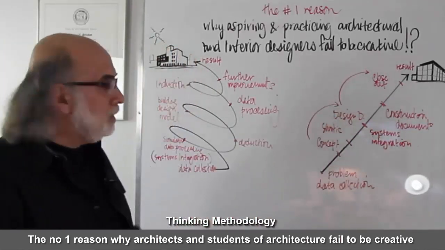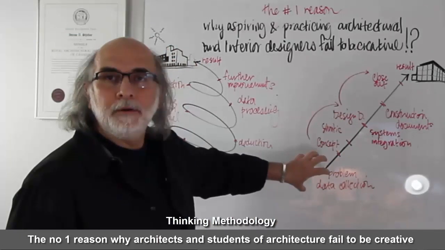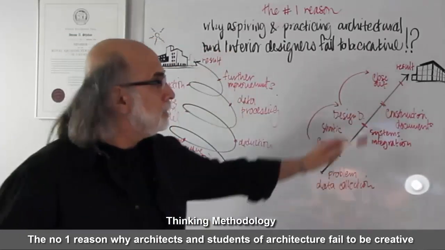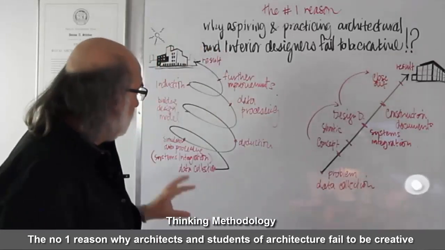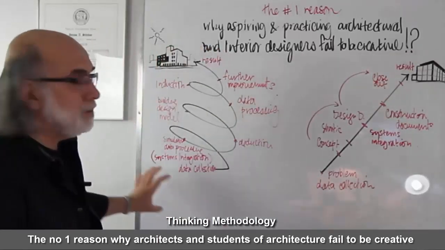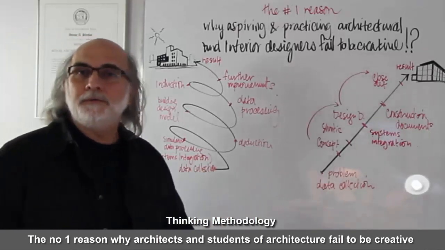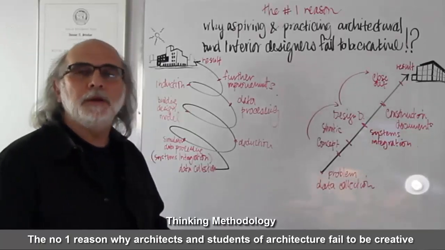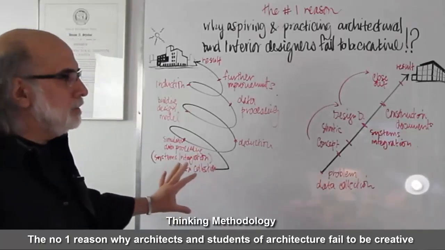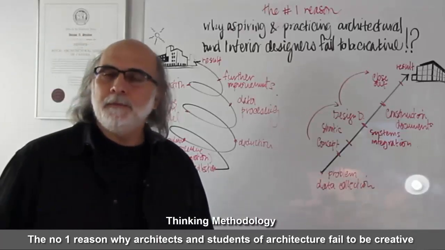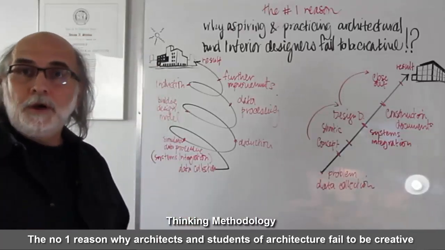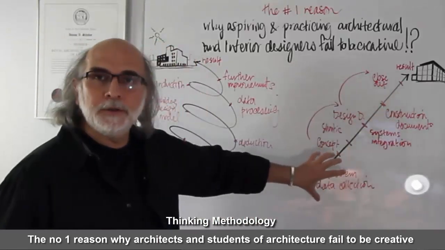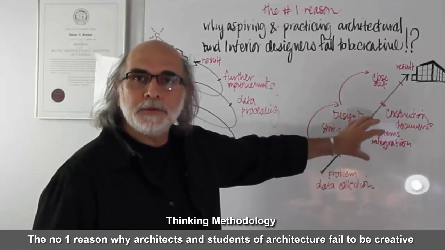The Newtonian being you move from one atom to the other atom, to the third atom, and so on, until you get the result. The other one, which is spiral, the integrative, the interactive, the dialectical, and I'll explain that in a minute, is based on a different mind frame or thinking methodology than this one. This one is phases. You finish one phase, you move on to the other phase, and so on and so forth.